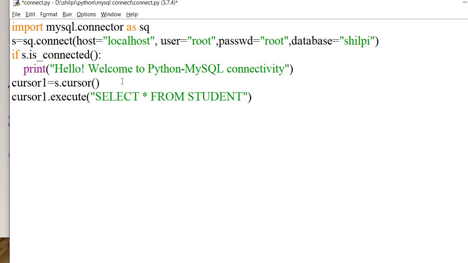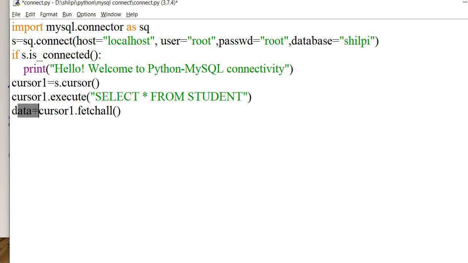To extract the data from this cursor object, we can use any variable. Suppose I am using the variable data is equal to cursor1 dot fetchall. Fetchall is a function which will collect all the data and put it in this name.